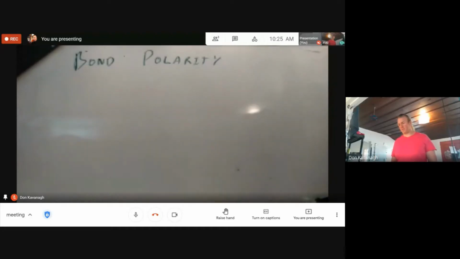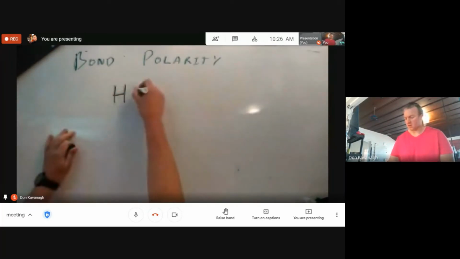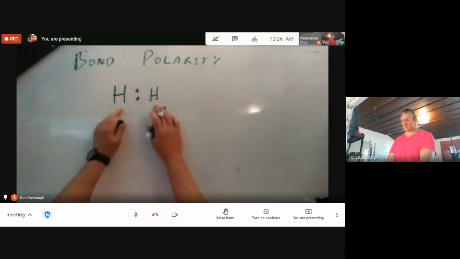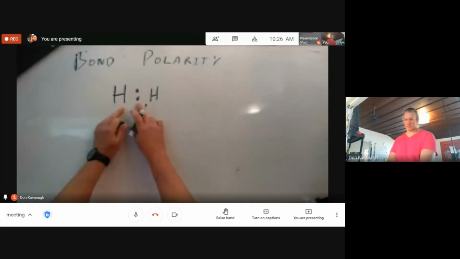Determining the polarity of a bond is determining the difference in the electronegativities of the atoms involved in a bond. So just as an example, the electronegativity difference between these two atoms is 0. Their values, whatever their values are, minus one another is going to be 0. Their electronegativity says that this bond, these two electrons, are going to spend about equal amount of time between the